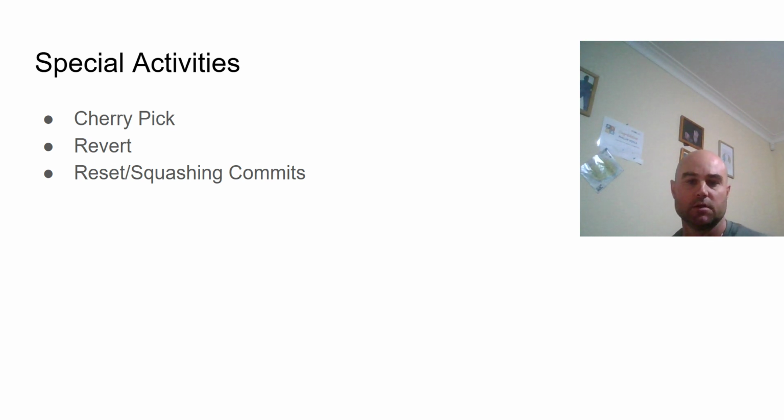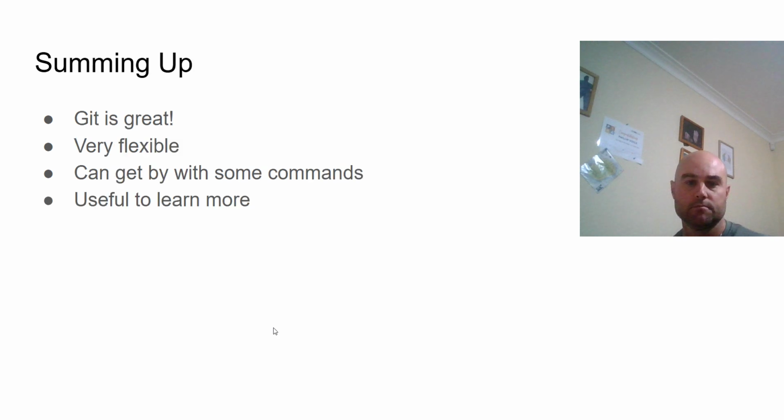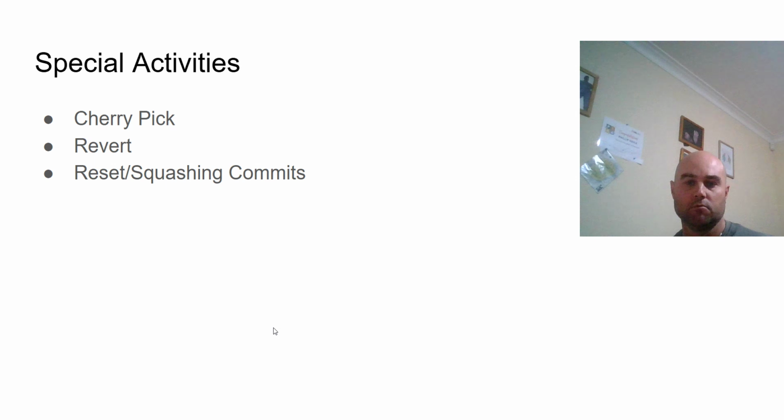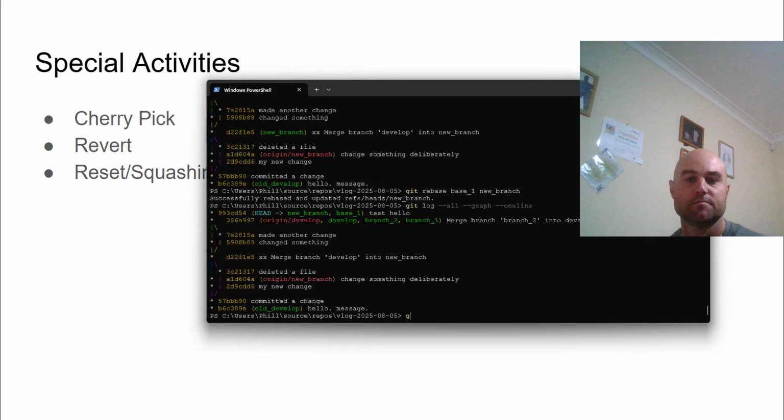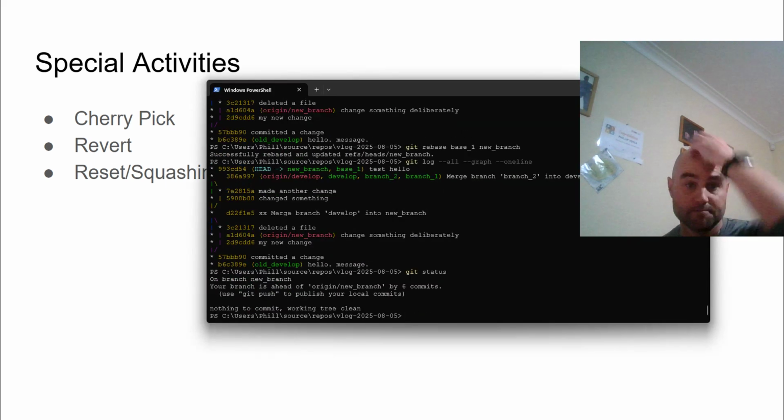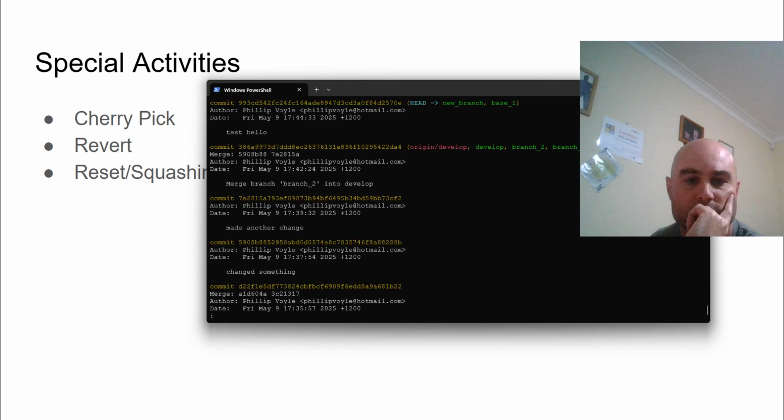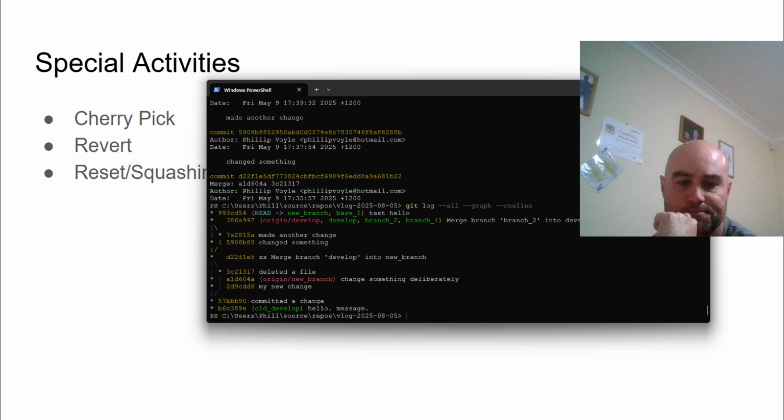So cherry pick is handy if you want to move one change from one branch to another, and actually after all of that change, I don't know if I still have diverging branches, but maybe we can create one. If we check out